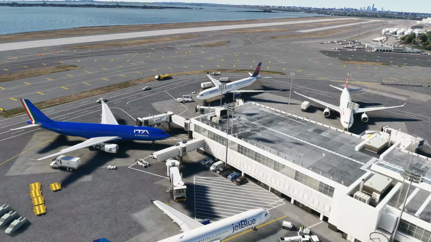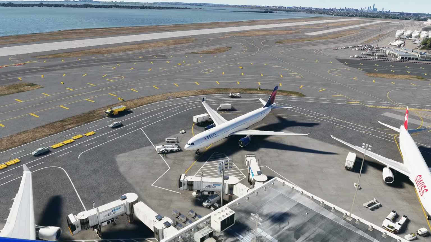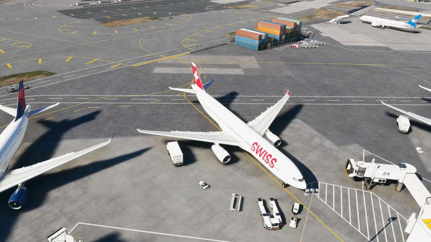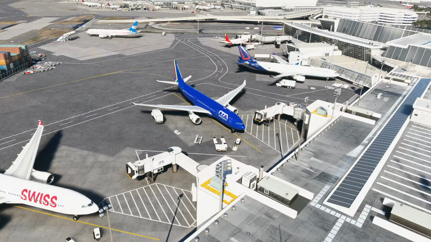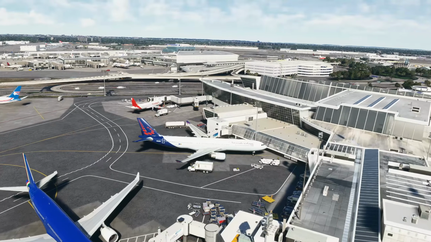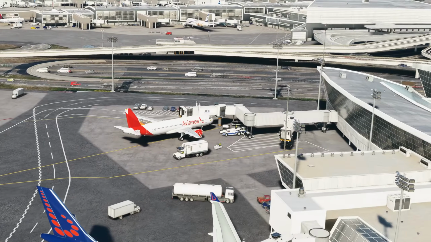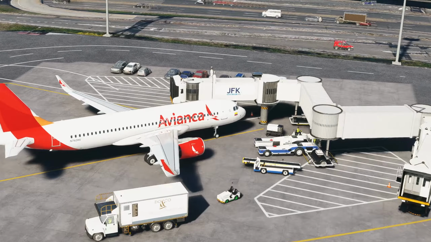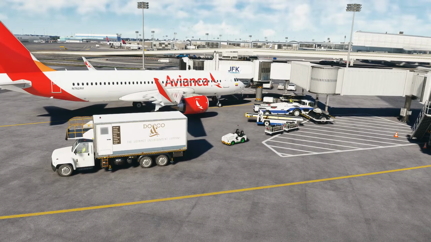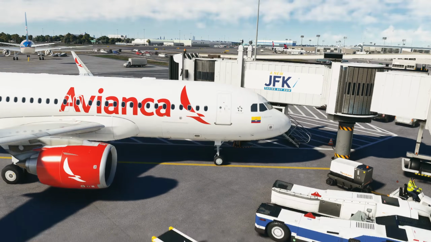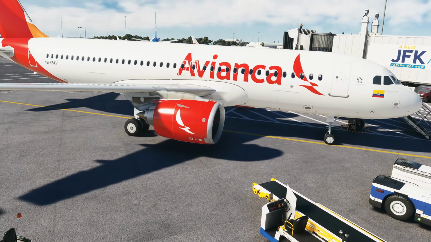Actually, okay, well, you know what? We will be back once we get more traffic, but I want to take a look at some of the other airplanes that are around and compare their realism to what you think. So like this Avianca A320neo over here, I'm going to guess this is the Asobo 320neo. And I do have an Avianca livery installed for the fly-by-wire A320. No, actually, this is